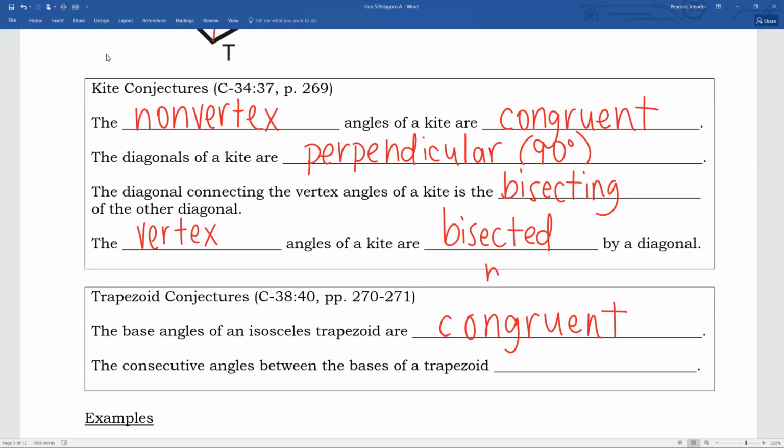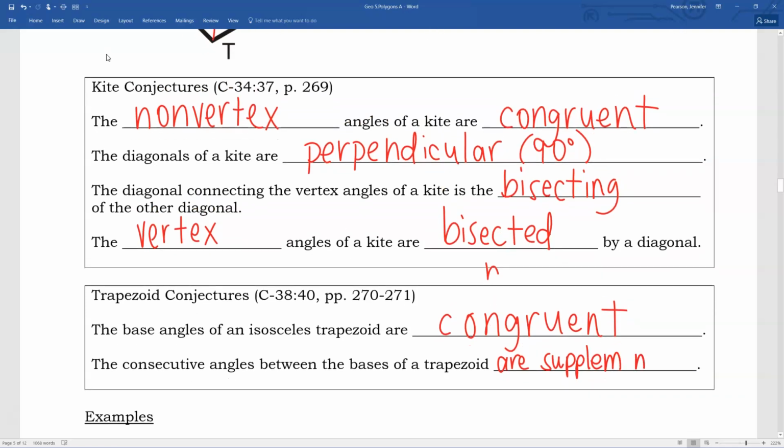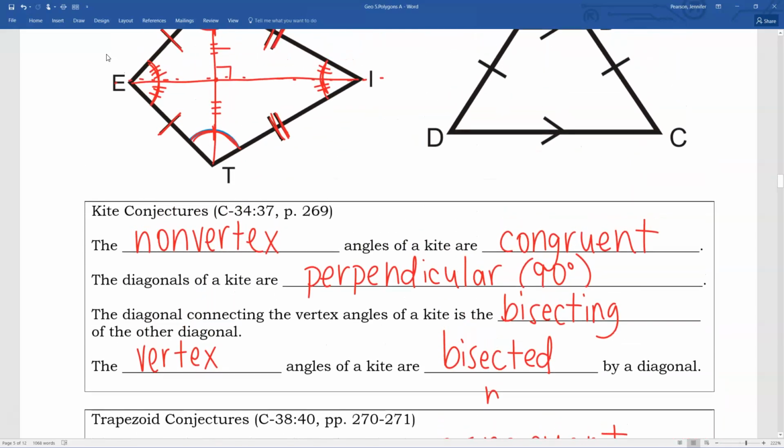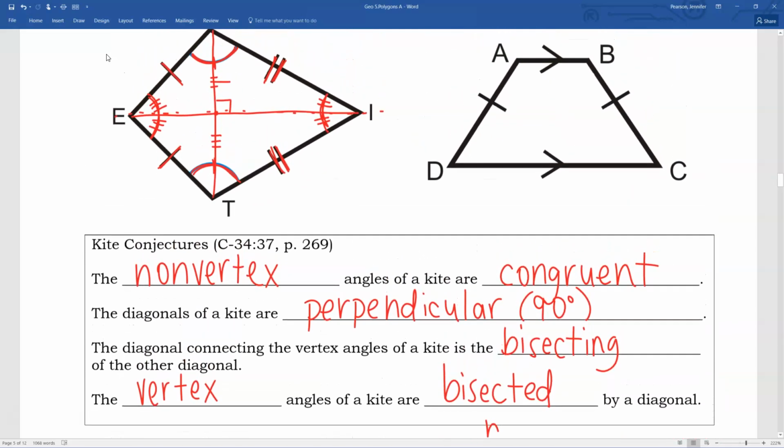And the consecutive angles between the bases of a trapezoid are supplementary. And supplementary is a fancy way for us to say that they sum to 180 degrees. Okay, so scrolling back up to hopefully represent that on the picture without too many jumps, we can see angle